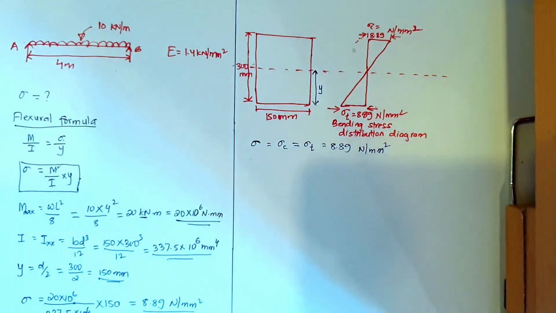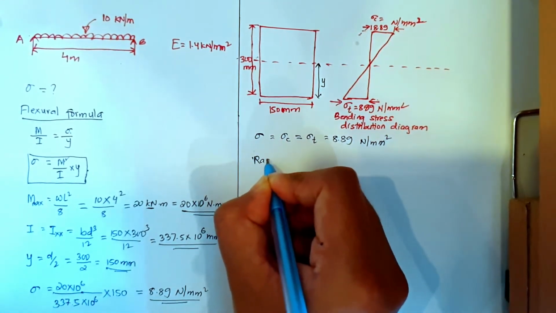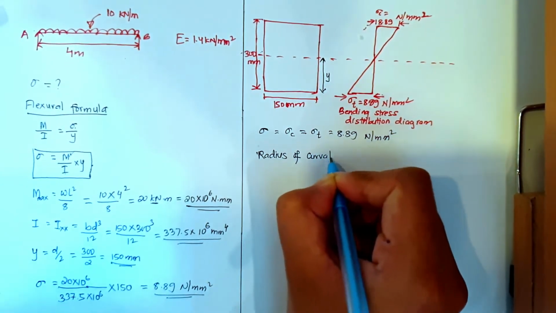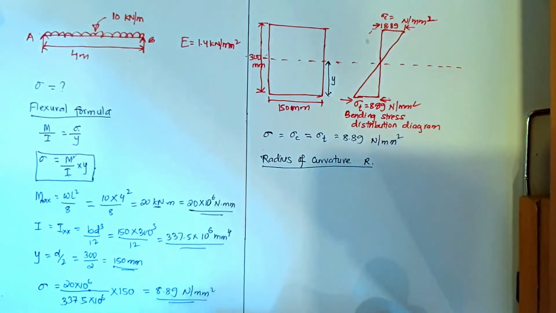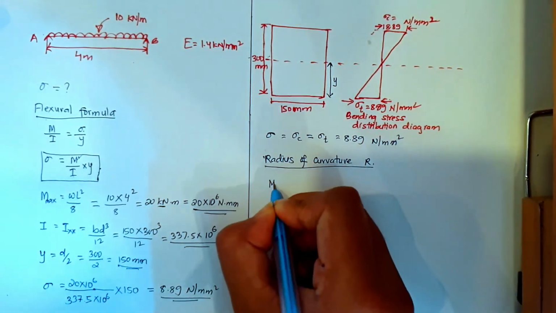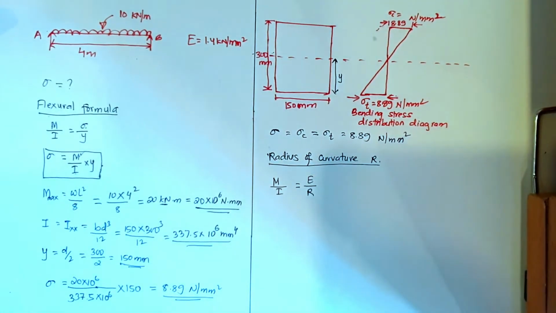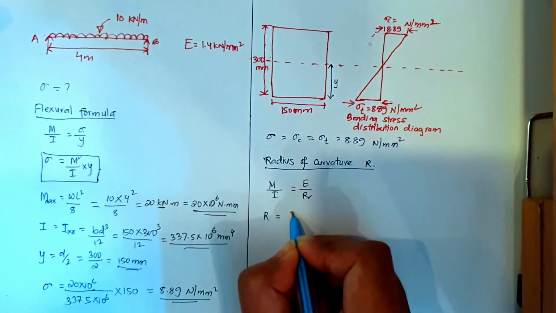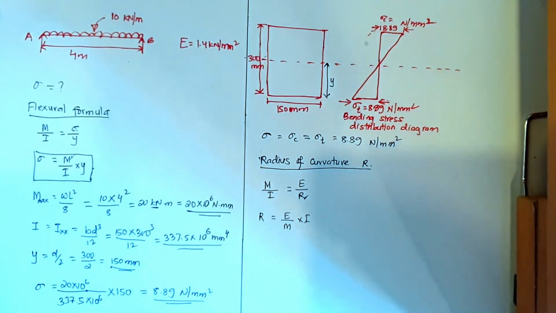Okay, now let us find the radius of curvature. To find radius of curvature, R. Now how will we find this R? Again from the flexural formula, which is M by I equals to E by R. This is also a flexural formula. Now from here we can find R. So for R, from here it will be equal to E by M into I. You will get this